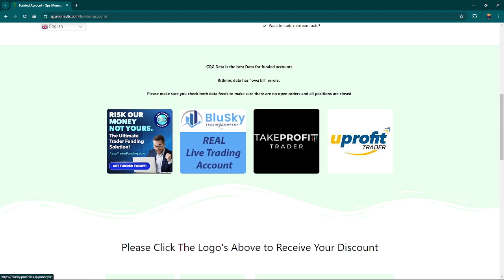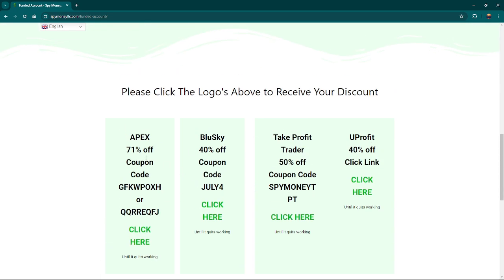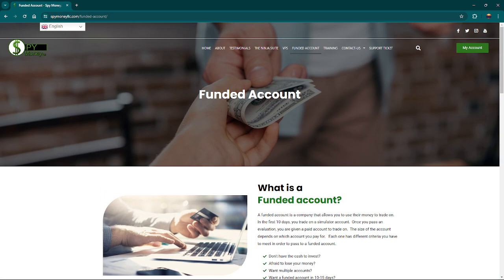I've never heard of anybody having any issues with BluSky, but then again, with BluSky you can only have up to $100,000 in accounts. So if you have a 50, you can have two 50s or one 100. But click on these. There's some discounts down here as they work. The percentage, they change it so often. Apex is 80% right now, and BluSky, I'm not sure if they're 40 or not yet. The Take Profit does have a 50% coupon on there. But go ahead and use these coupons, help you out, save you some money, and get started on the funded